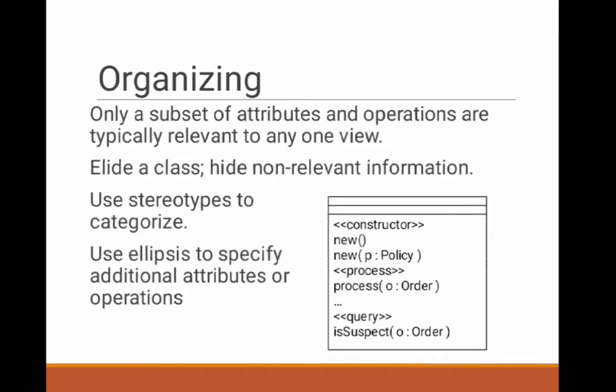Organizing. If we want to write the constructor of a particular class, or the constructors or functions used in the class, then we can represent them in the third compartment with the method by using a stereotype. If it is a constructor, then I write it in double angular brackets, mention constructor, and close the double angular brackets. That is the organizing part.